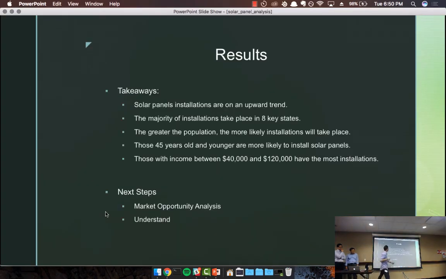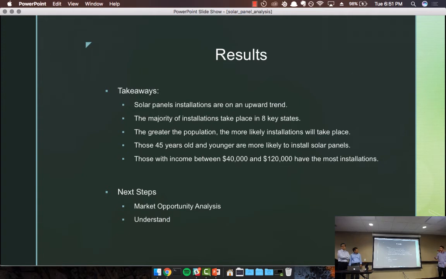So our main takeaways. Solar panel installations continue to be on an upwards trend. The majority of installations are taking place in 8 key states. We also notice that the greater the population, the more likely installations are going to take place in that location. People 45 years old and younger are more likely to install solar panels than 45 and up. And those with income between $40,000 and $120,000, generally in the middle class, are more likely to have solar panels